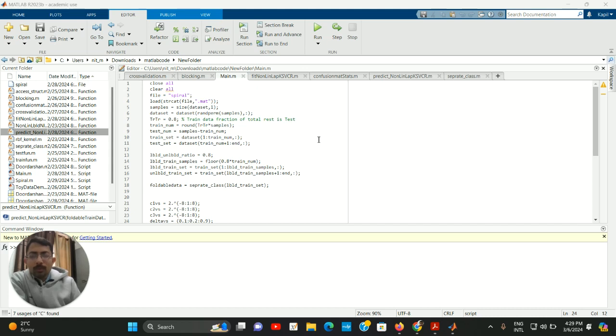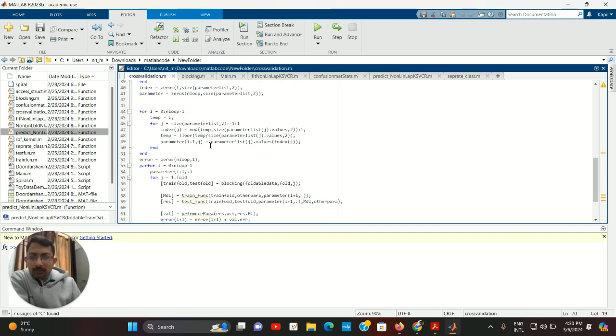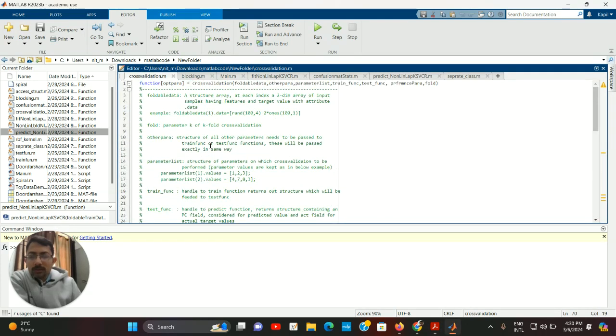So I hope that with the start of this video you know what a cross validation is, what a k-fold cross validation to tune hyperparameters is, especially with grid search. So that's the baseline that we expect the users to know. Now we are going to discuss these two files especially. One is cross validation, another one is blocking. These two files you require to make your code